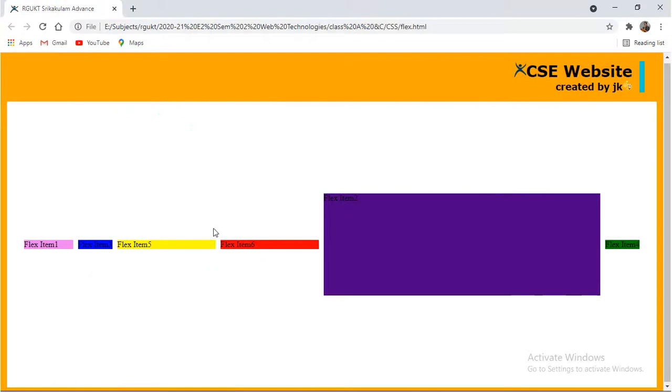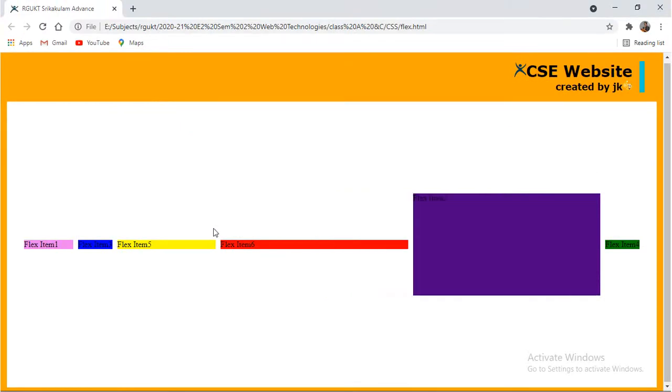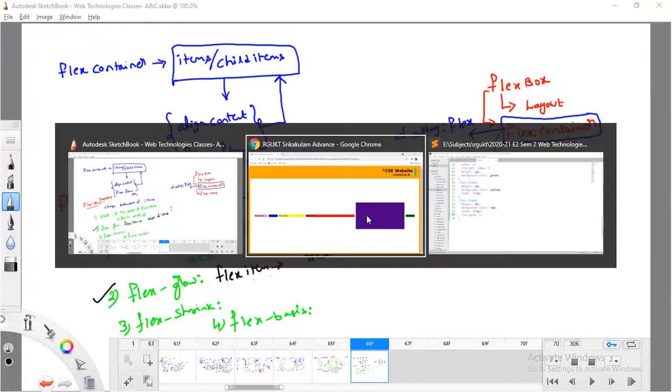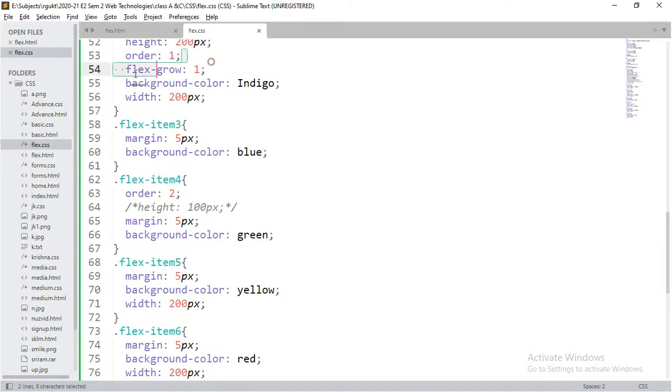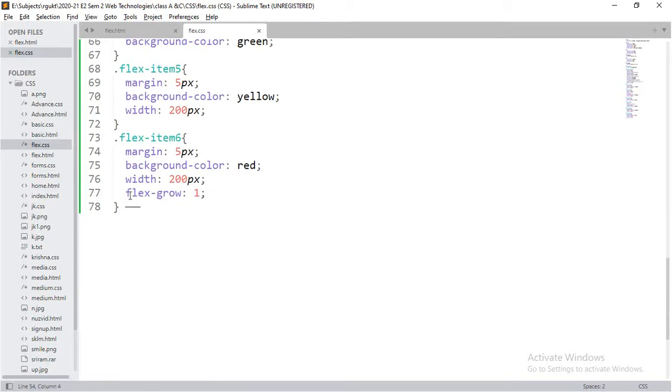Observe, the rest of the space is now shared by flex item 2 and flex item 6. Now these two are having the same thing, because whatever free space is available is going to be occupied by flex item 2 and flex item 6, since I have given the flex grow property to both as equal parts.